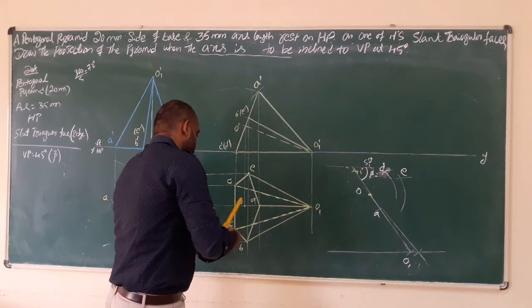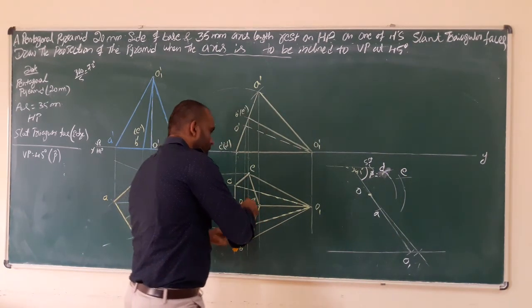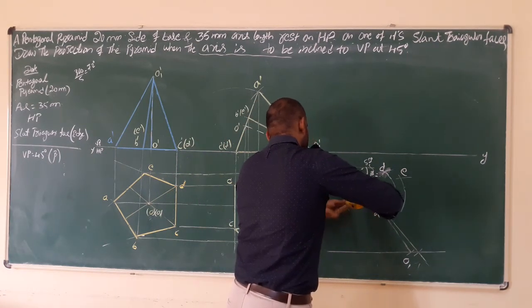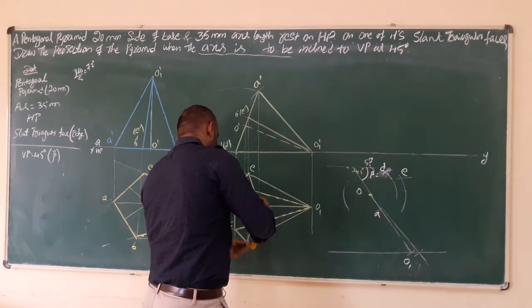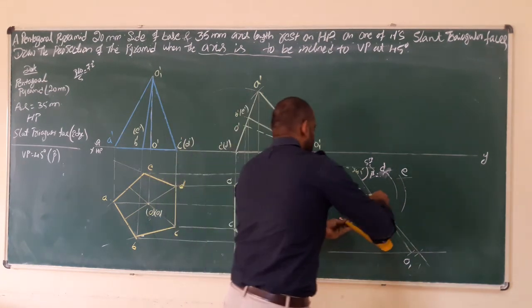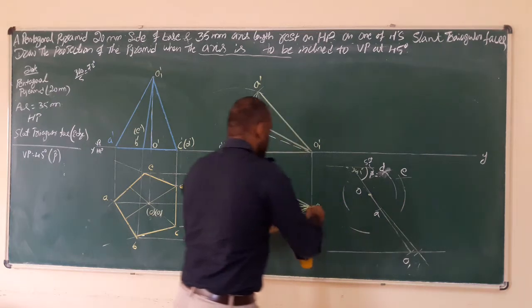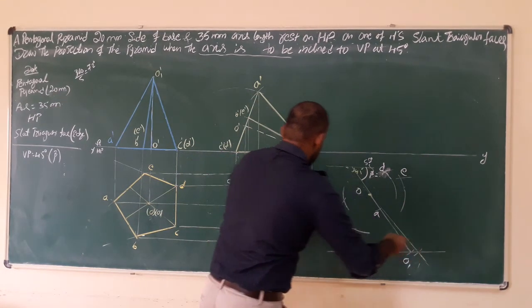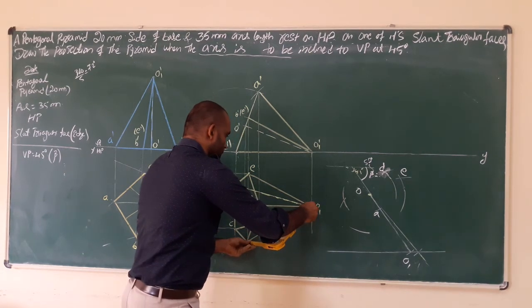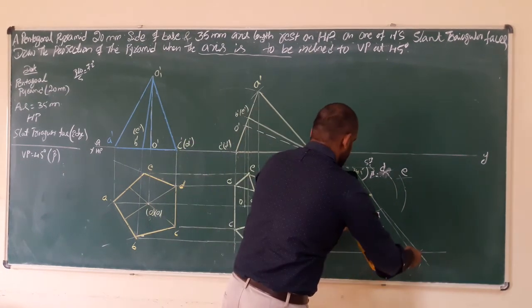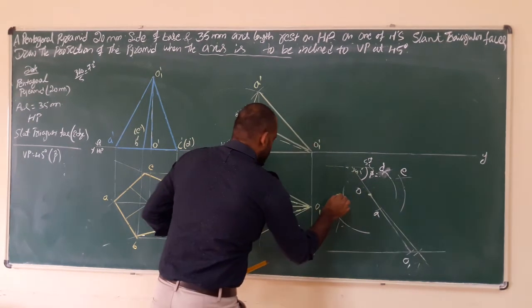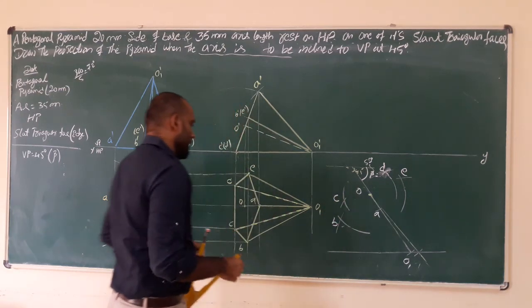Next, D to C need to find out. D to C and D to B means O to B. Next O1 to C, O1 to B. Just you have to extend the arc. That point is from C to B.